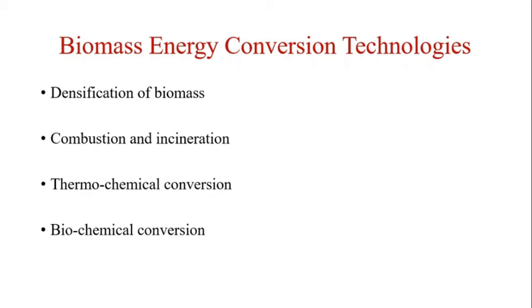Next is the combustion. It is the most common process adopted for utilizing biomass energy. It is burned to produce heat utilized for cooking, space heating, industrial processes and for electricity generation. This utilization method is very efficient, with heat transfer losses of 30 to 90% of the original energy contained in the biomass. The biomass problem is addressed through the use of more efficient cook stoves for burning solid fuels.